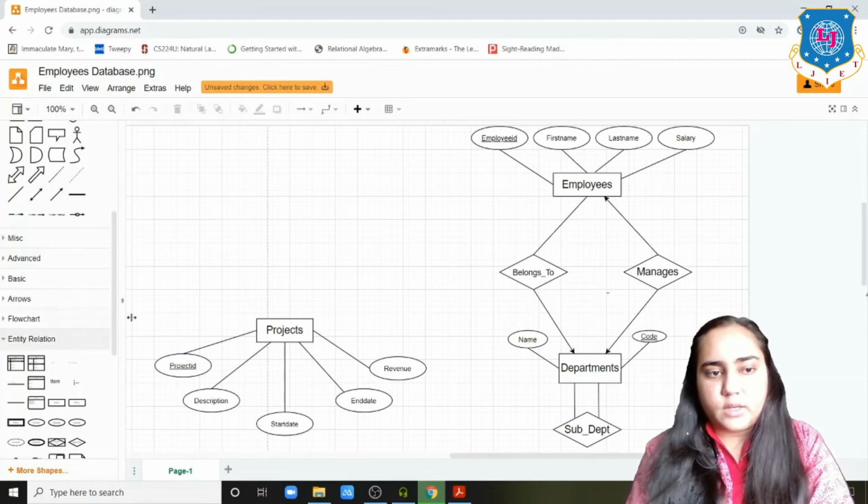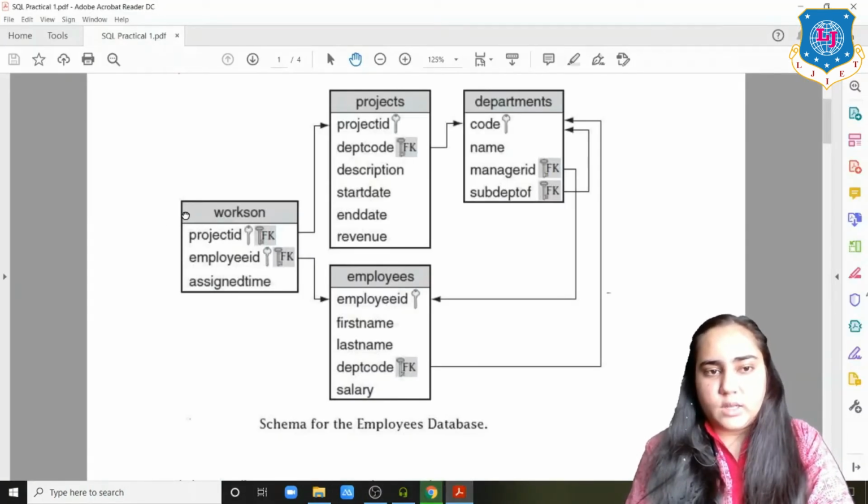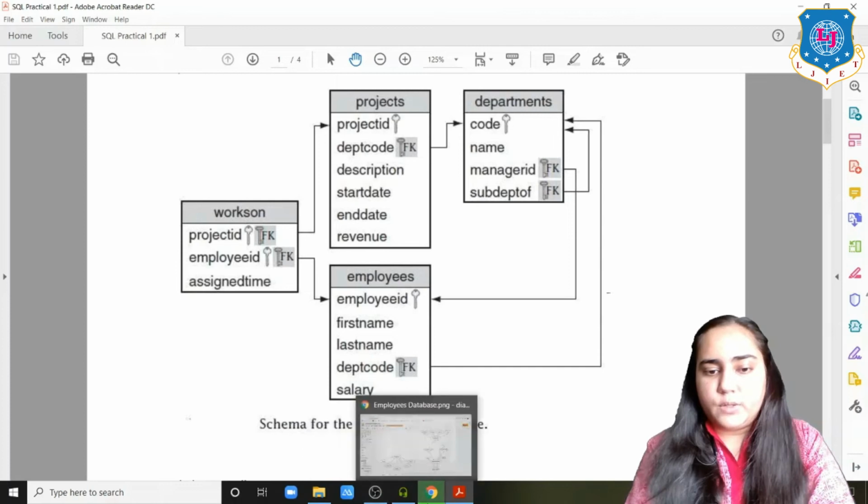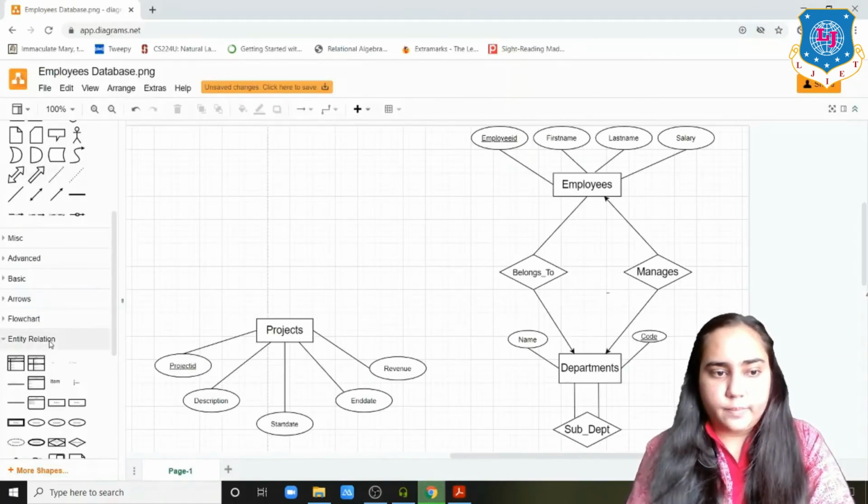And now we need to create a relation between employees and projects. Now you can see here that WorksOn is a table, but we can convert it into a relation instead of an entity, since it contains only project ID and employee ID, two attributes which are borrowed from somewhere, and only one attribute that actually belongs to it. So this could be a relationship set, not an entity set. And so we are just going to create a relationship set here